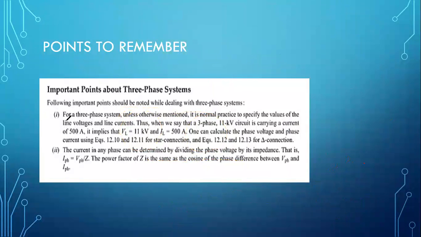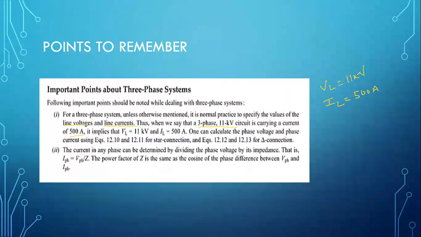Okay, so now some of the important points. For a three-phase system, unless otherwise mentioned, in normal practice the value that is given is nothing but your line voltage or line current. So for example, a three-phase 11 kV circuit is carrying a current of 500 amperes. That means here they are saying that line current is 500 amperes and your line voltage is nothing but 11